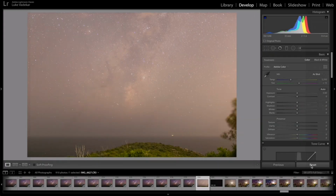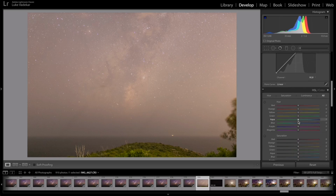So that's pretty much how to shoot the Milky Way. Let's get into post-processing. Okay, so now we are in Adobe Lightroom. Now I'm going to show you how I process my images. So, what I first do usually, if I'm not stacking,